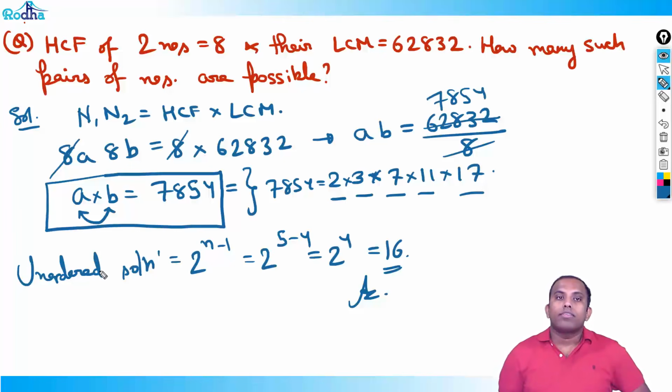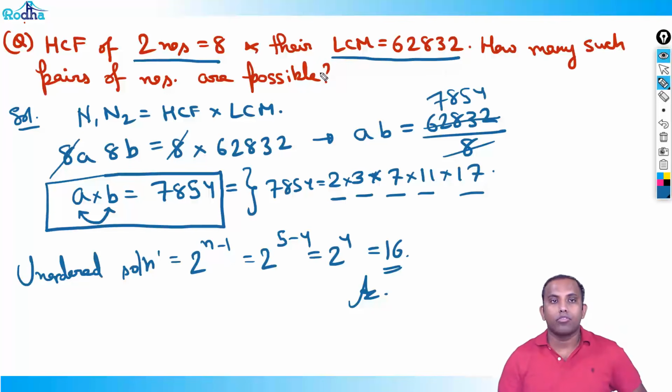So you can use this formula. HCF of two numbers is given as 8 and their LCM is 62832. So how many such pairs of numbers are possible? Okay. Now,